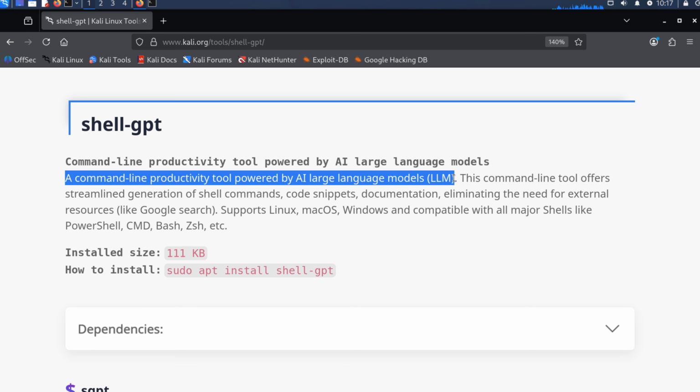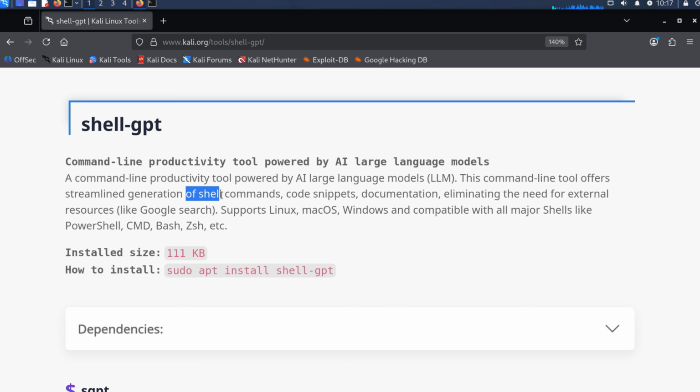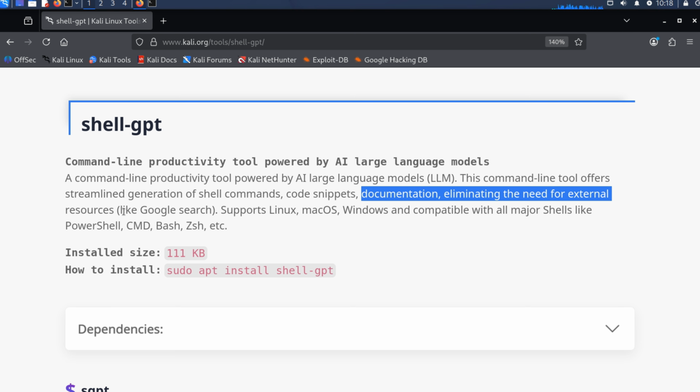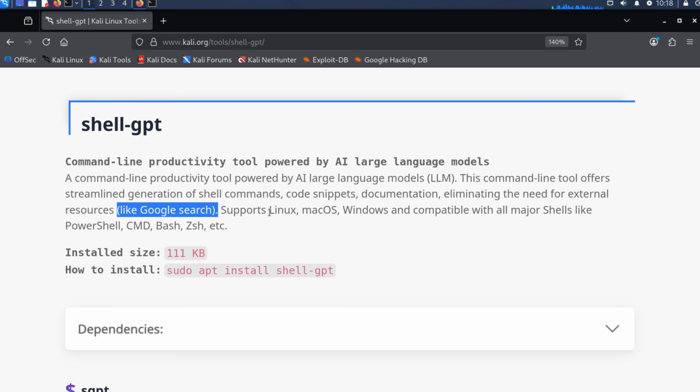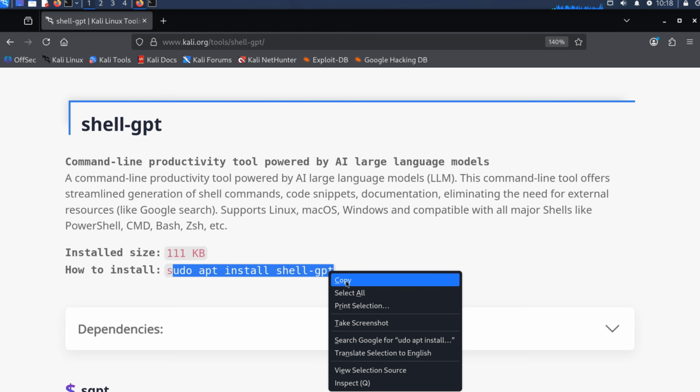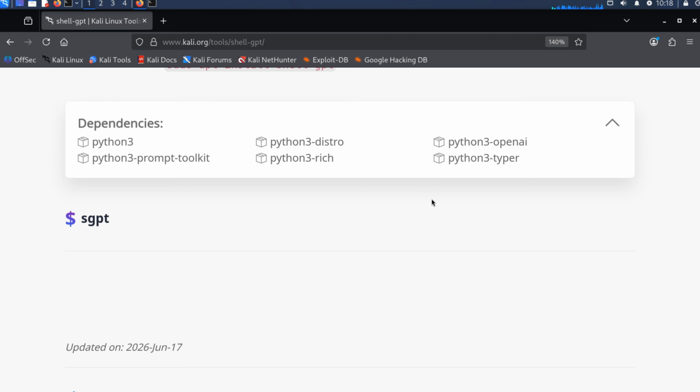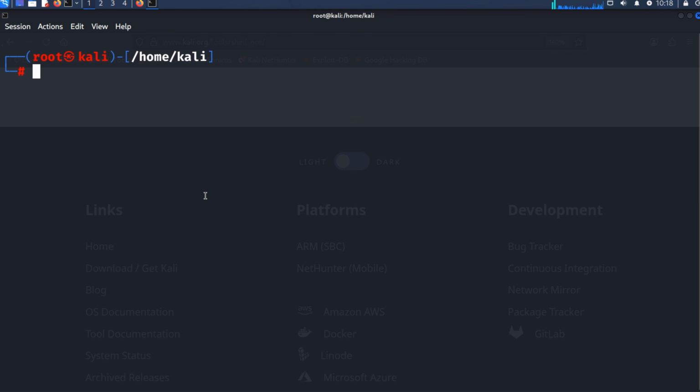Is this replacing skilled practitioners? No. But what it does is compress the time between "I need to do X" and having a working command to try, particularly for things outside your main specialization. A network-focused tester who needs a quick Python script to parse some output. A web pen tester who needs to quickly chain some bash commands they don't use often. The ceiling on what one person can competently execute in a given time frame goes up when you stop losing